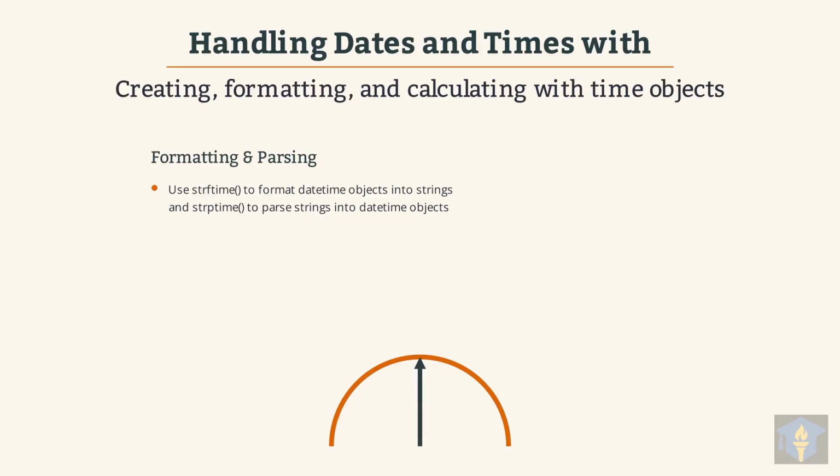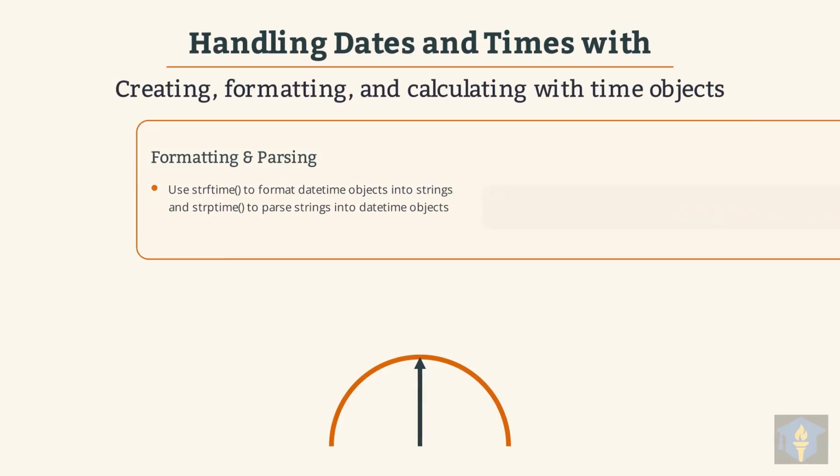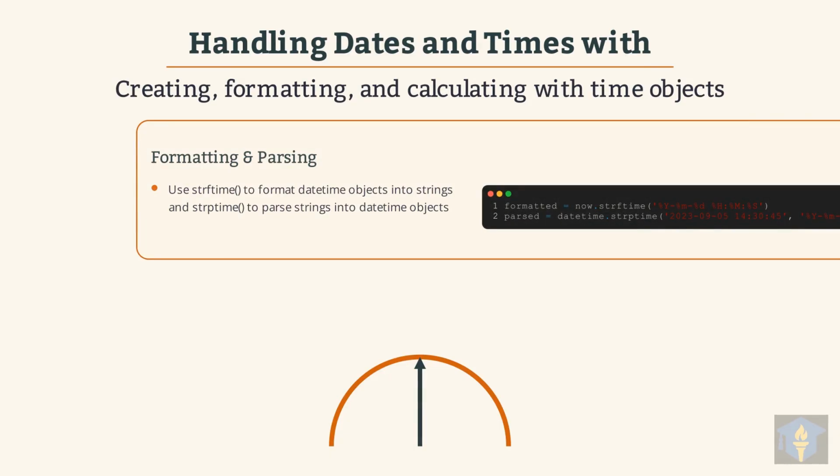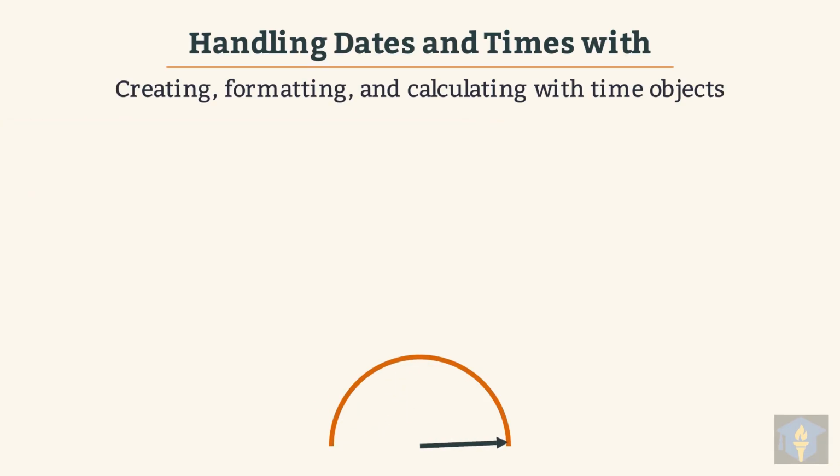Now, let's look at how to format datetime objects into strings and parse strings back into datetime objects. The strftime method formats a date-time object into a string, while strptime parses a string into a date-time object. This code shows formatting a datetime object into a specific string and then parsing a string back into a datetime